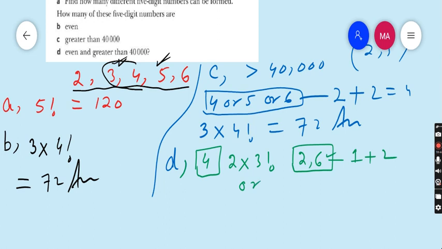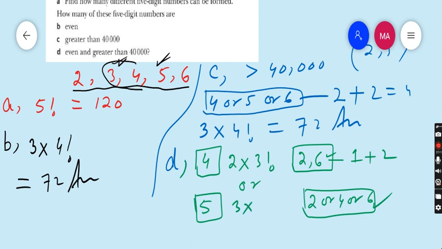Now second choice is, if we fix 5 in first place, so definitely we have to fix 2 or 4 or 6 in the last place. So these are three choices, 3 multiplied by, so remaining 2 along with